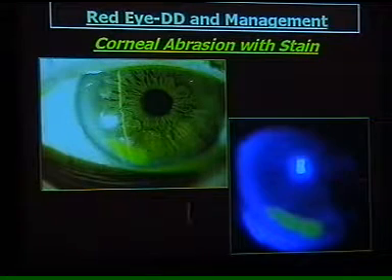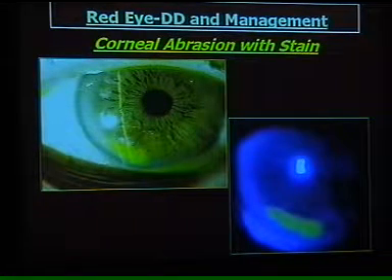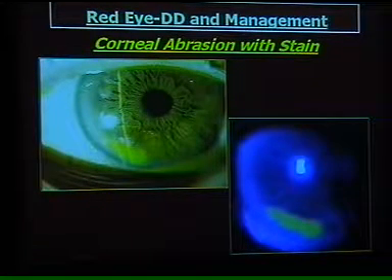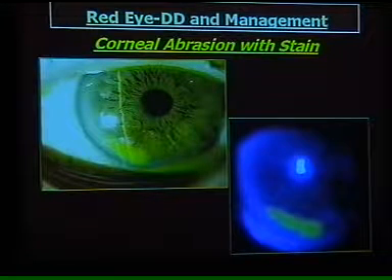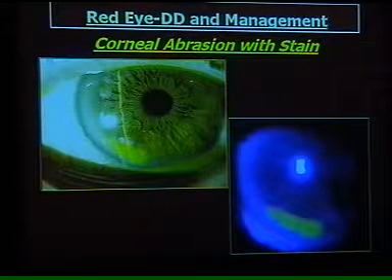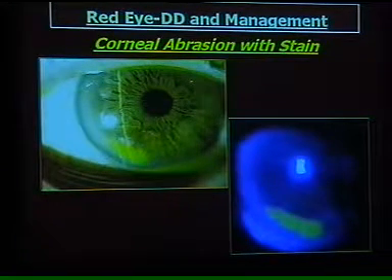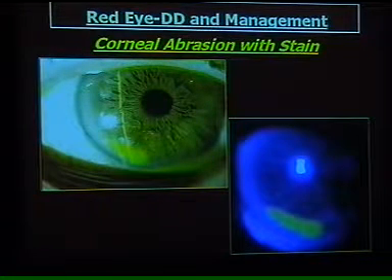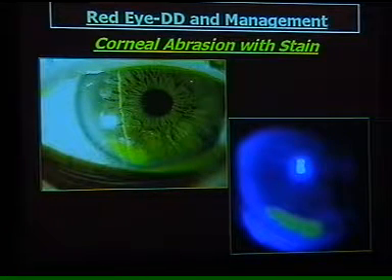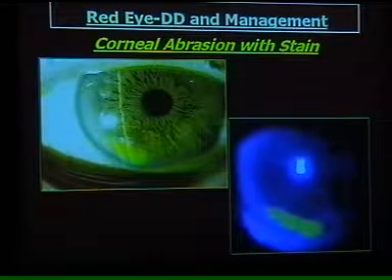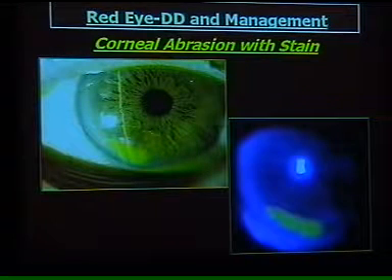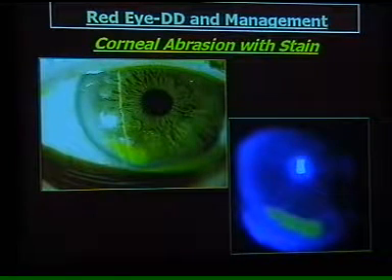Now for this dye, you need a blue light. The dye is an orange color in this light, and when we throw blue light, it absorbs blue light and emits green light, which means it has the capability of absorbing one wavelength and emitting another wavelength. So this cobalt blue light is available in the ophthalmoscopes, and I'm sure you have an ophthalmoscope in your clinics. One of the filters in the ophthalmoscope has a blue light, so you can directly